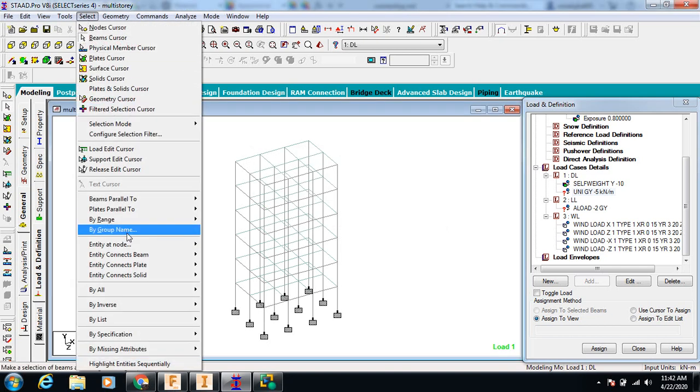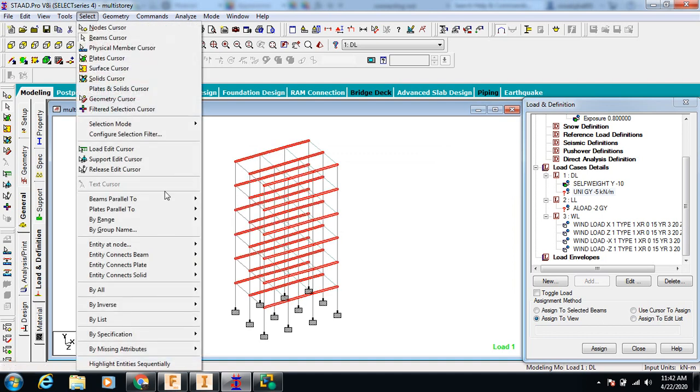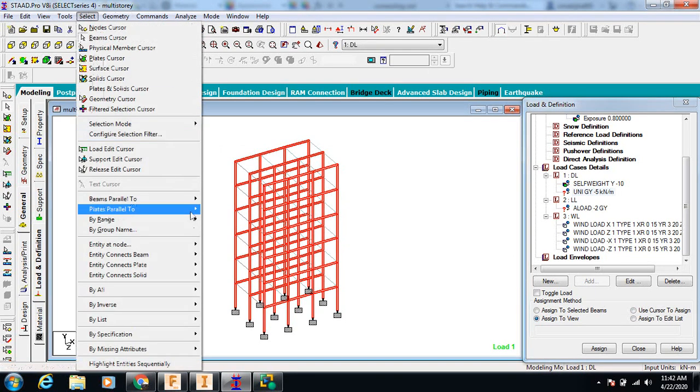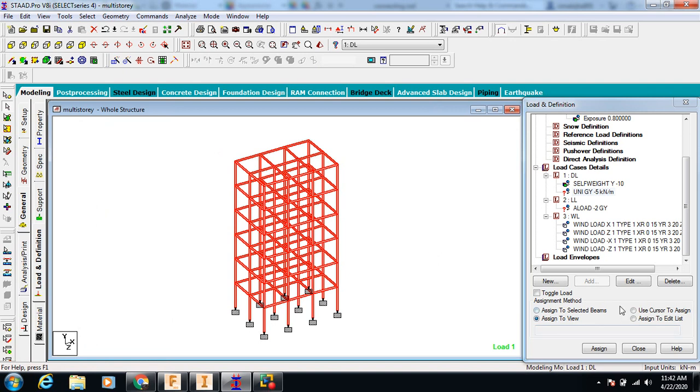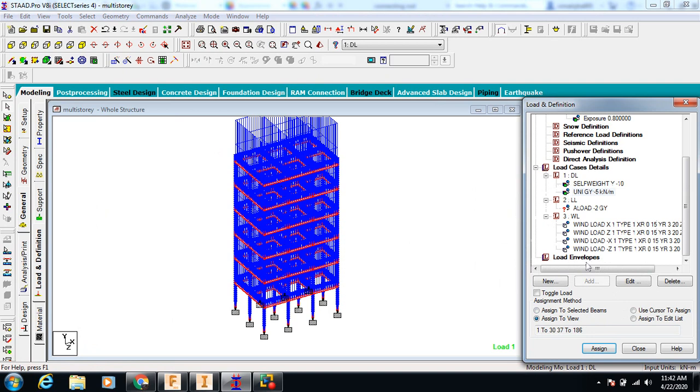So we will select beams parallel to X, select beams parallel to Y, and select beams parallel to Z, and here assign to selected beams and assign it. Here we have assigned.